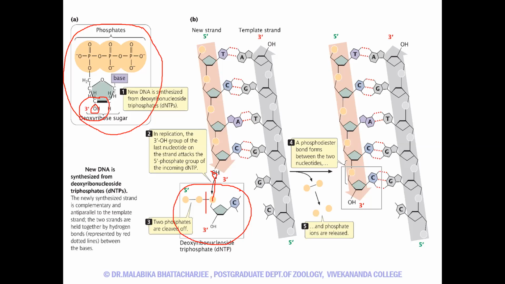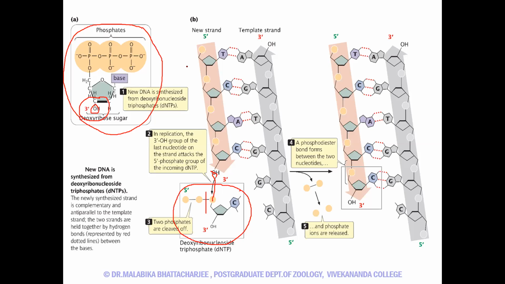I'll be showing you the polymerization by animation, but since we have a bit of a crunch of time today, we'll do that next day. So the first raw material that is required for DNA replication is deoxy-NTPs. Now coming to the second raw materials, as I'm saying plural, which become very essential for replication,